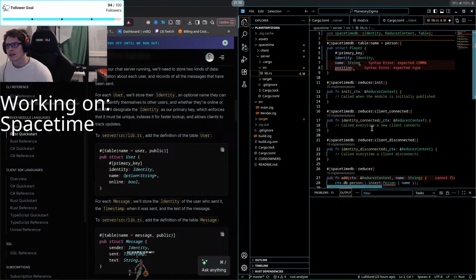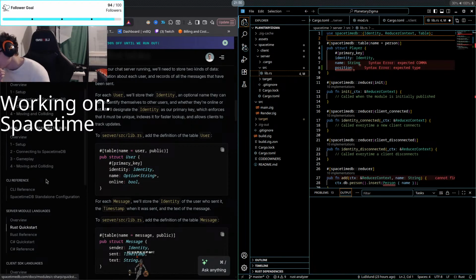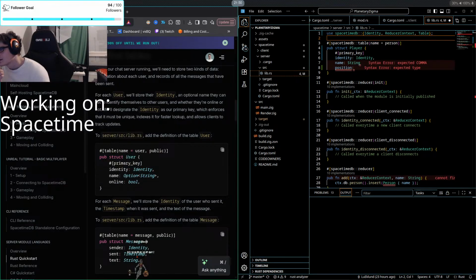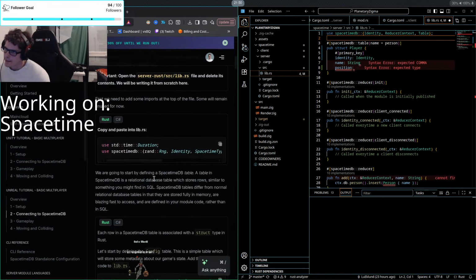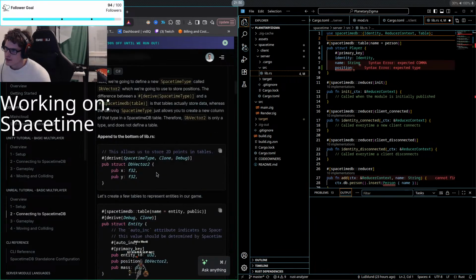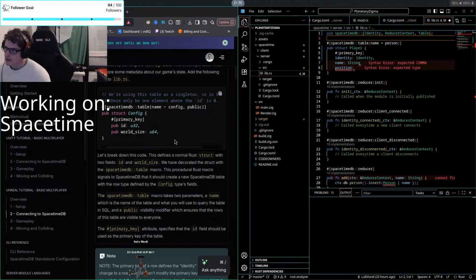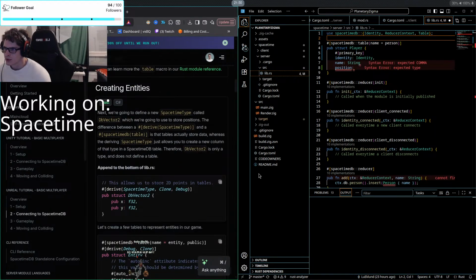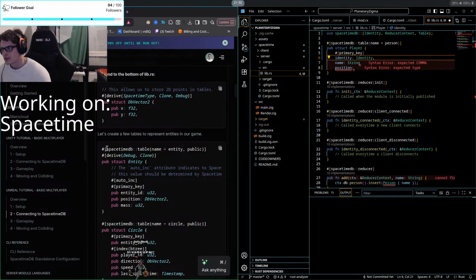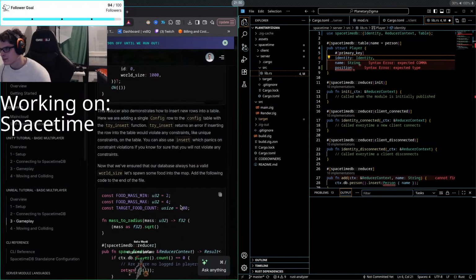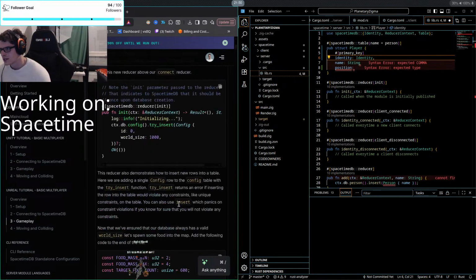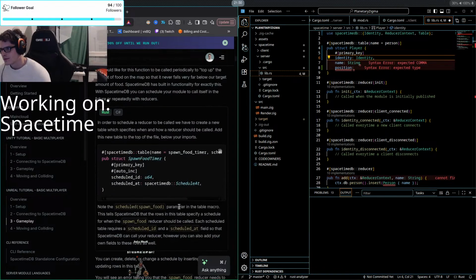How do I just make a vector type in Rust? I think they have it in their quick start reference here. Let's see. Why is there a config? Okay, so you can also have it for world. Ooh, that's pretty cool. Okay. Wait, so they do this. I think they moved it later on to a math file.